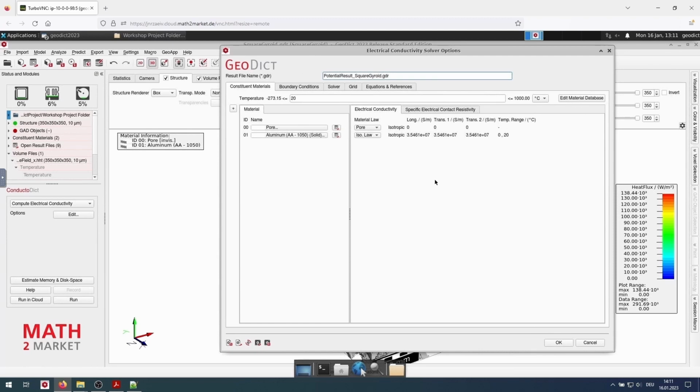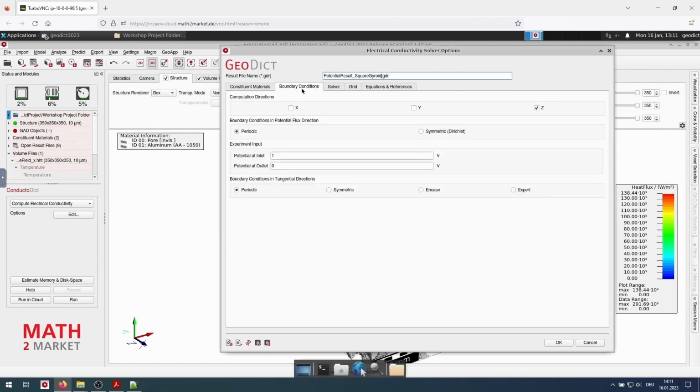Similar to the thermal conductivity, for the electrical conductivity, we also have a tab where we can see the electrical conductivity of the single materials. In the next tab, we can set the boundary conditions. Again, we only want to evaluate in X direction. We still can calculate periodic.